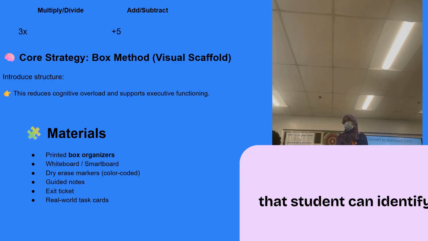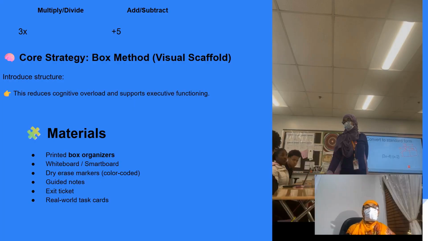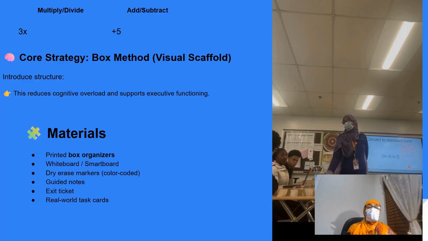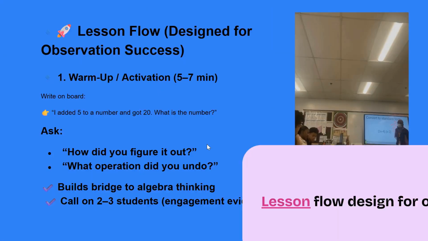The core strategy will be the box method, a visual scaffold that introduces structure, which reduces cognitive overload and supports executive functioning. Materials would be a printed box organizer, whiteboard, smartboard, color-coded dry erase markers, guided notes, exit ticket, and real world task cards. Lesson flow designed for observation success: warm up activation,